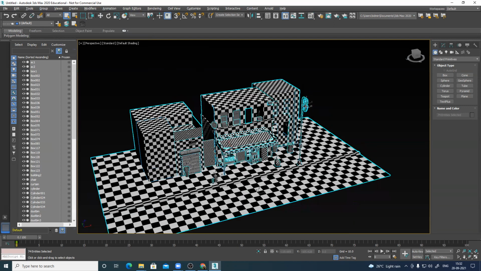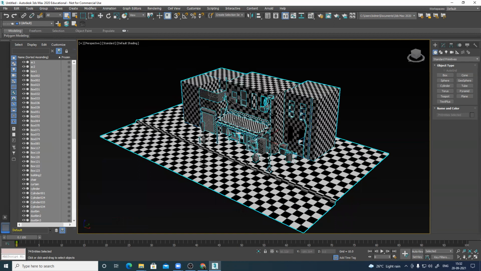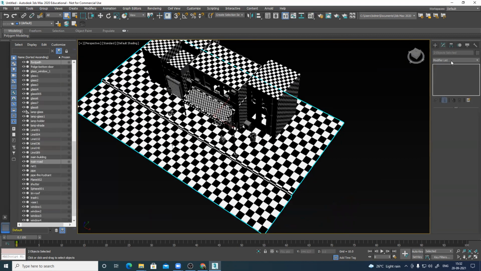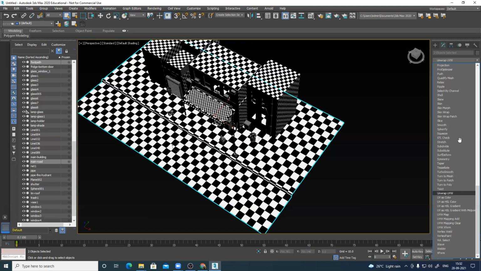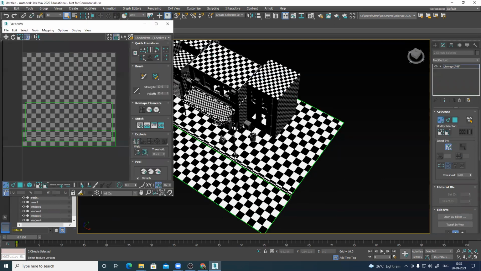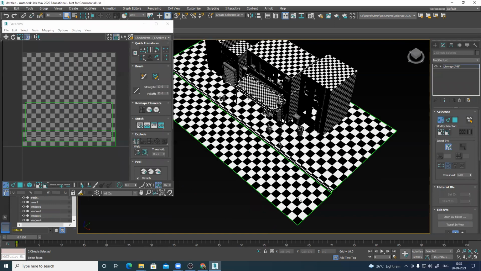So this is my file. I must say this is like a starting point because I don't have my file here. I have my file, but the version is mismatching. So let me check your UV, how you have planned. I cross-checked it. So this floor and this are different. This has a different texture, this has a different texture. But why?